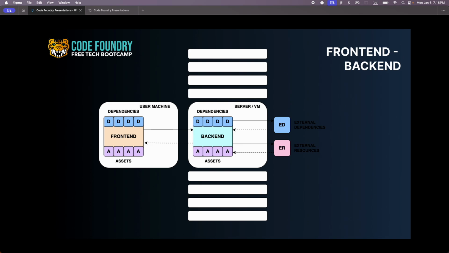But next we're moving into front end and back end configuration, which is really what a lot of people think of when they think of an application which is server side, right? When you have a front end and a back end. And the idea here is that you have your front end with your front end dependencies and assets on the user's machine, but that front end contacts a server, which will contact and retrieve external dependencies, or it'll contact external resources. So maybe it contacts a database with user information and retrieves that user information and returns it to the